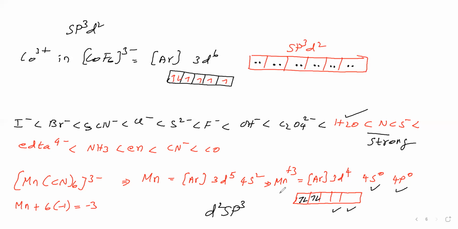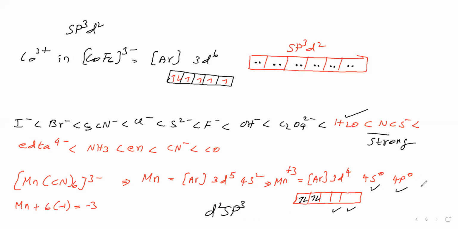Octahedral means one hybridization is d2sp3, another hybridization is sp3d2. Okay. d orbitals 2, s orbital 1, p orbitals 3. Like that only you have to take for intermixing for an octahedral complex. So from 3d we have taken 2 orbitals, from 4s 1, 4p 3. So we got d2sp3 hybridization.